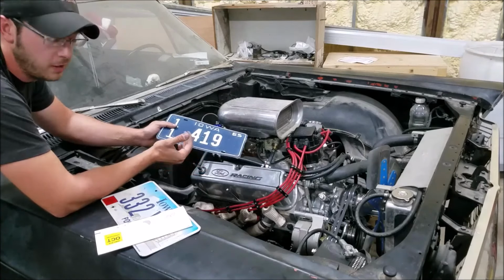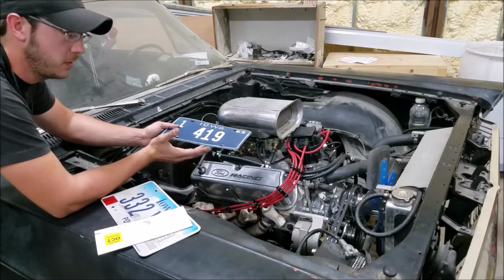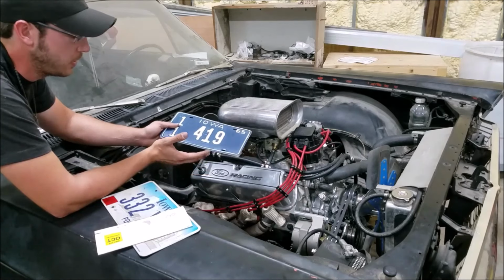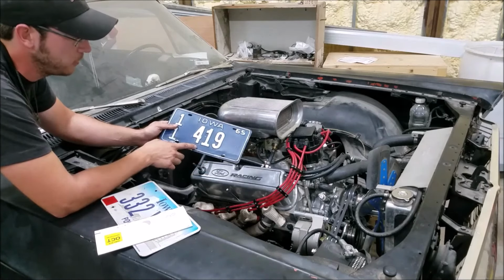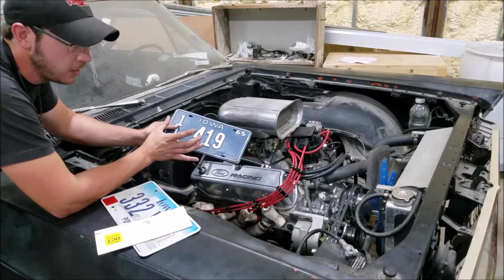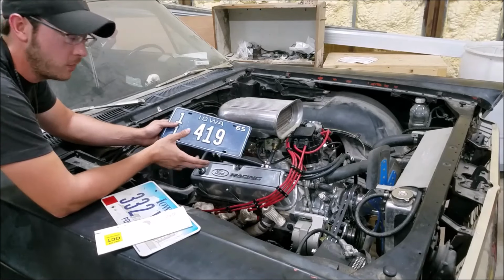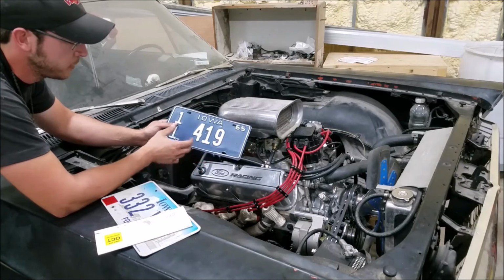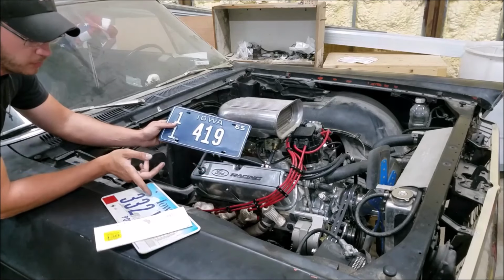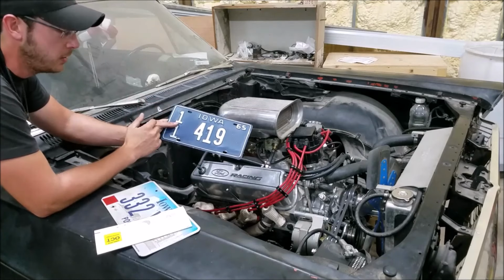to be legal. So basically this came up because I took my 74 F100 on power tour, and a lot of folks asked me about my classic plates. Now I can't speak for other states, but in Iowa specifically, there's a law now where you can run a classic plate, and that's completely legal as long as you have your plates that are registered with the vehicle in the vehicle with you